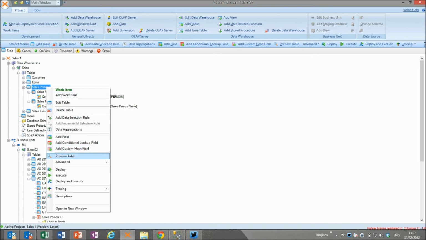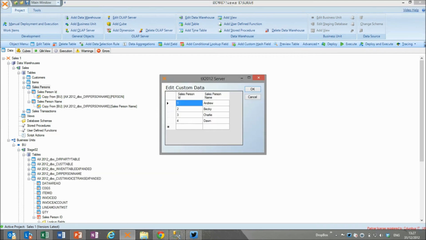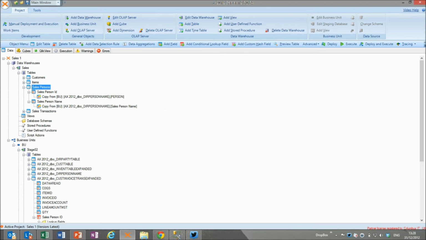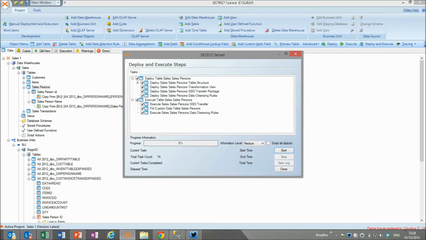So if we go back in here to our custom data, we'll see those records that we've still got in there from our template model, which we can pull out at some point, and create a record for 0, because that's what AX is storing in there as a blank value, and then we can just put a description in there: No salesperson in AX. Then if we deploy and execute that table now, just to populate that data into there,